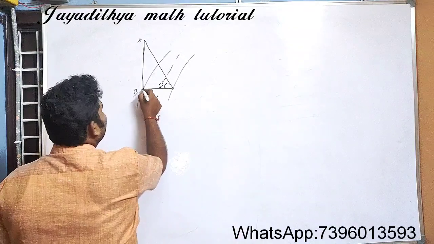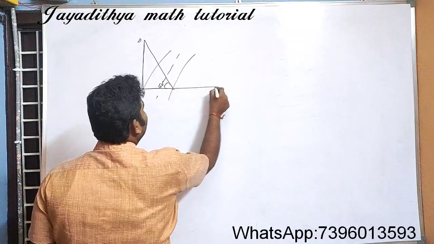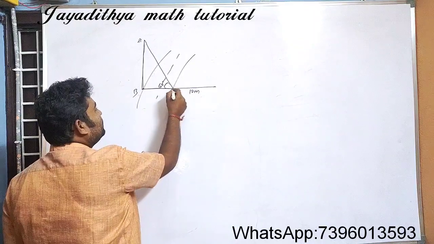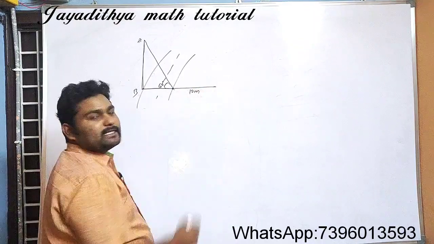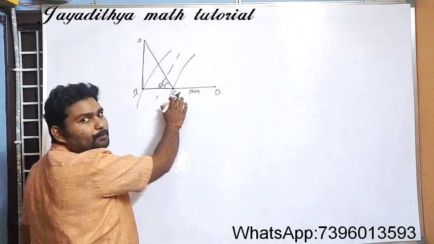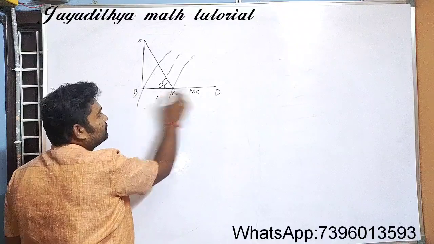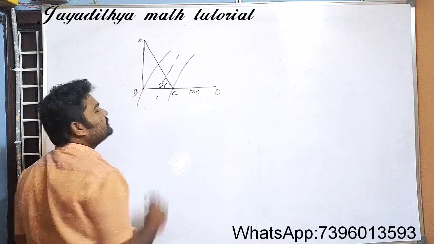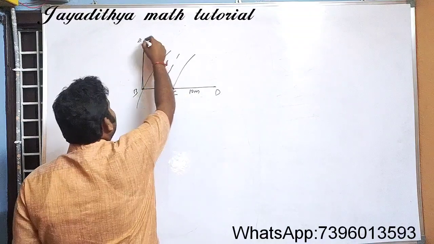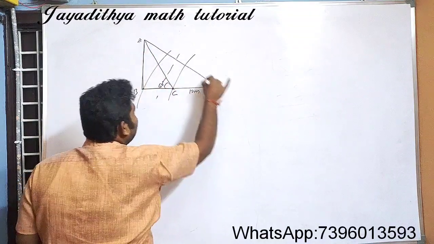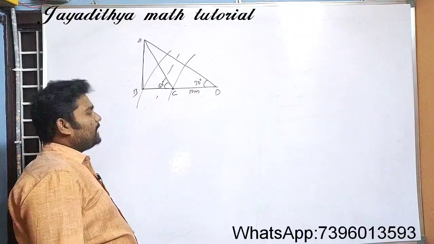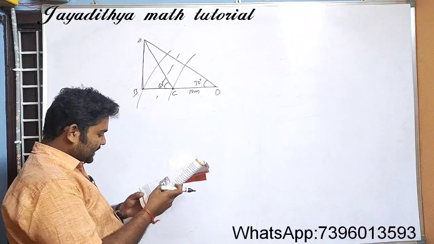That means here on the same line, after 10 meters, that means from this point is 10 meters away now. Let us take this point as C and D is 10 meters away from point C. This D is on the same line which is joining BC. And from here the angle of elevation is 30 degrees.